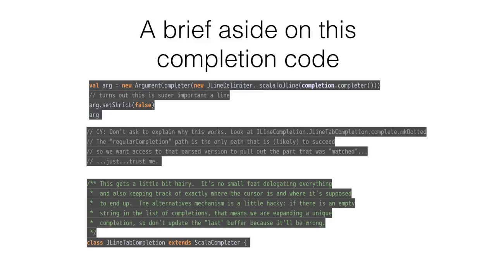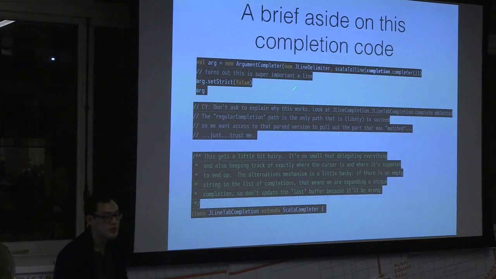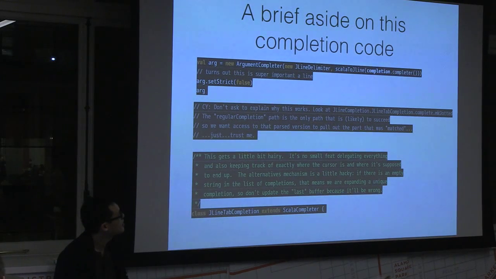A brief aside on the completion code. I mean, the code is littered with comments like, "turns out this is really important, but we could not remember for the life of us why that needed to be false." There were comments saying, "just trust me," or "go read this other line of code and all will be clear." When you went to read the other line of code, the very first sentence was, "this gets a little bit